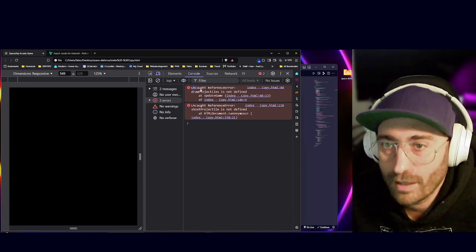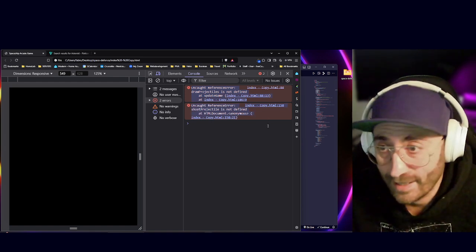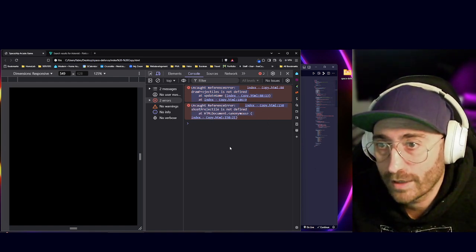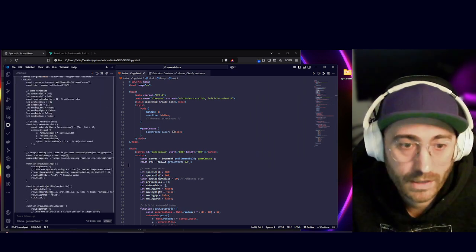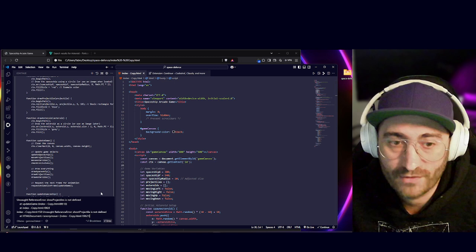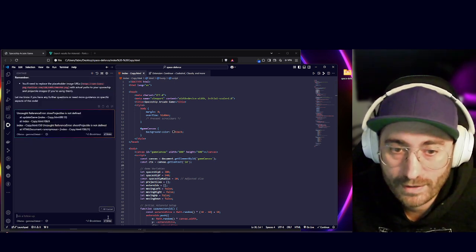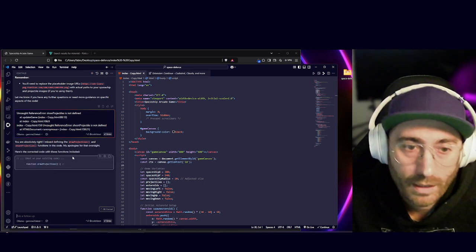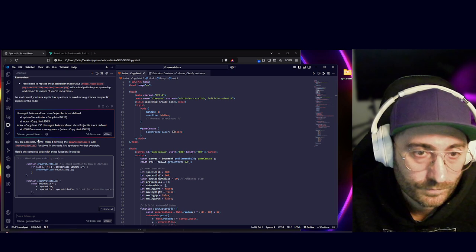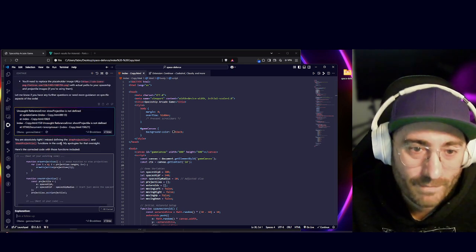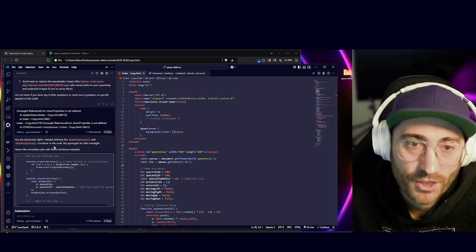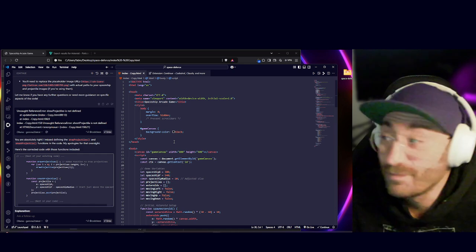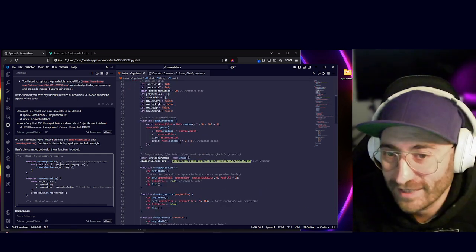So let me grab the error messages as they are, and let me go back here and paste the error code as a follow-up message inside Continue. So we should be able to read the problem and fix it. You are absolutely right. I missed defining the draw projectile and shoot projectile functions in the code. All right, and I missed that too because I didn't read that code